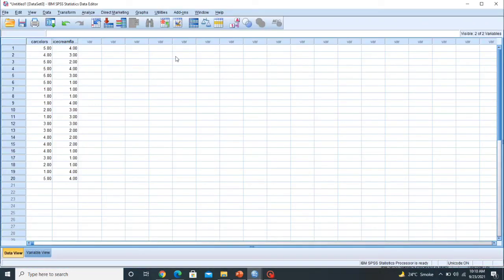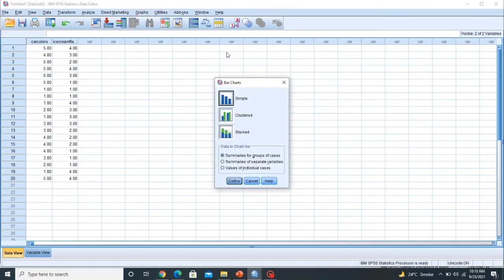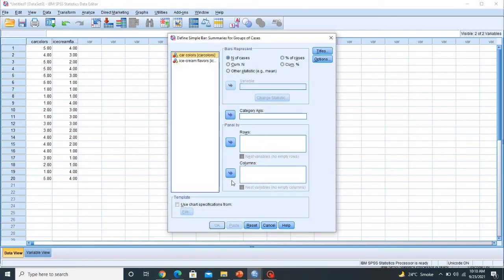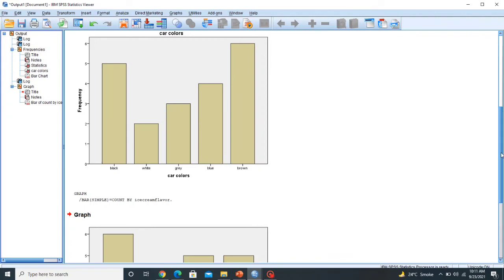Now the second method: click on Graphs, Legacy Dialogs, click on Bar, select Simple, Define, drag your variable into Category Axis, click OK, and here it comes with your outcome.